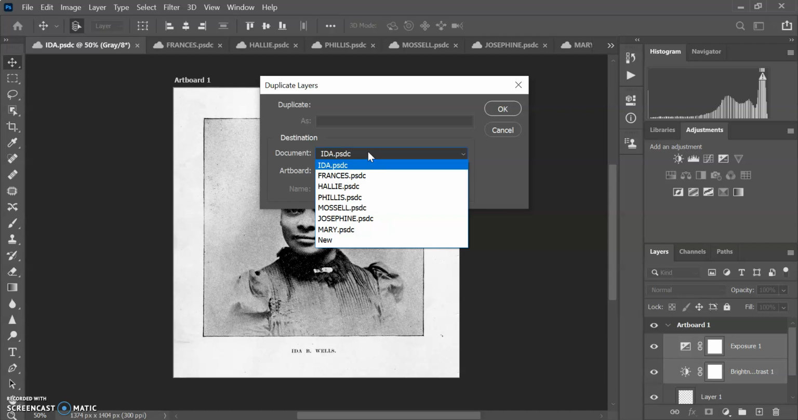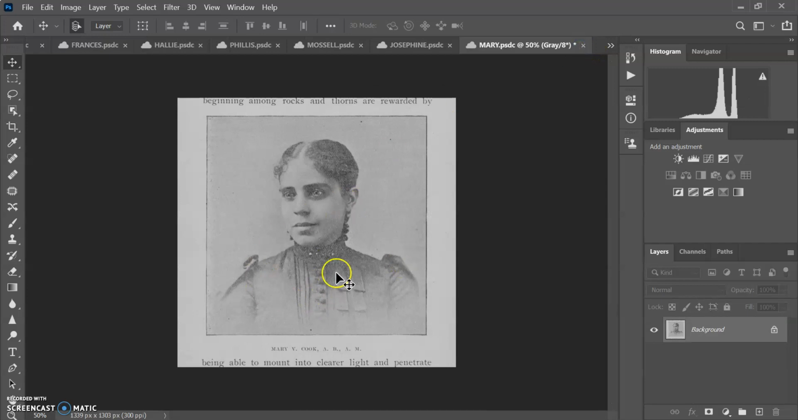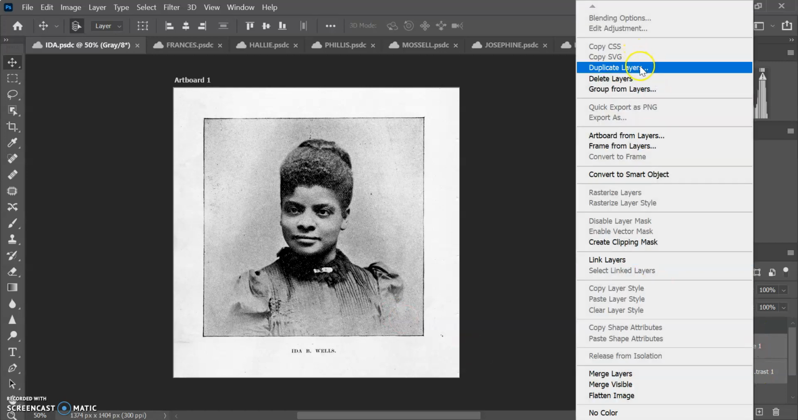And so I don't have any edits yet. Let me just show you really quick. I don't have any edits for Mary yet. So we're going to be adding those layers to Mary's image. So going back to Ida B. Wells' image, we go back to this, duplicate layers,